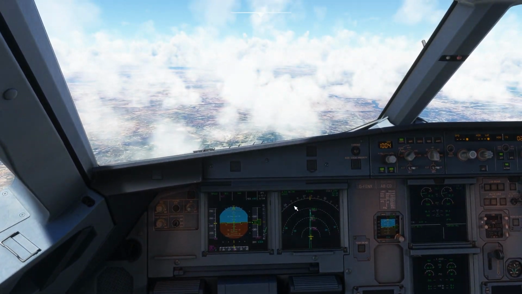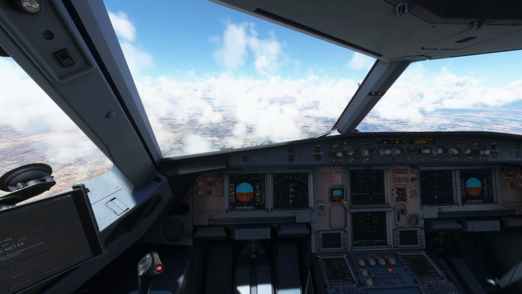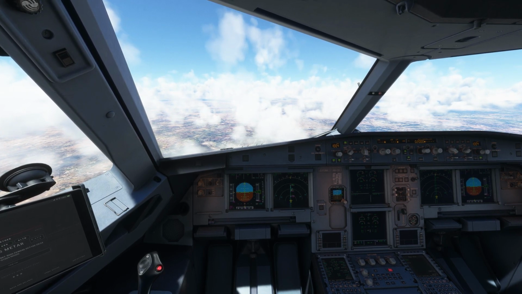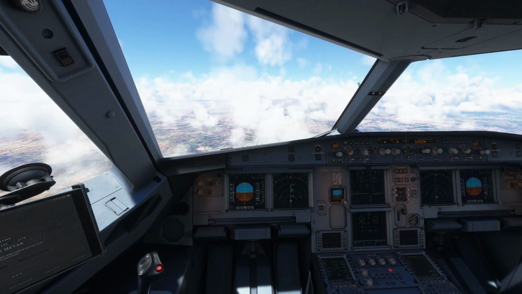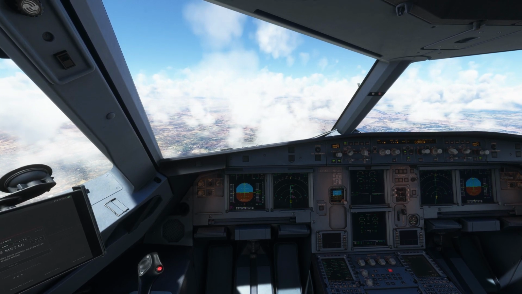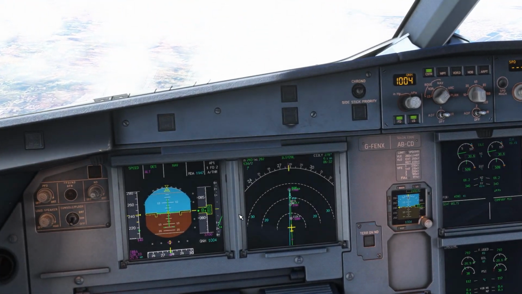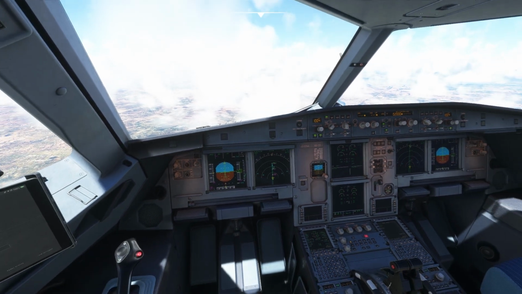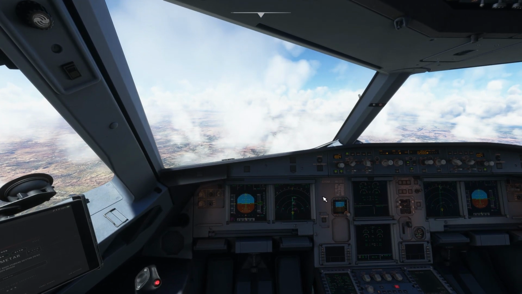So as you have seen, as I was moving towards the approach using a heading, the plane went into the selected mode, the autopilot, and then I just adjusted the vertical speed and all the altitude and everything. And then once that line was intercepted, the plane started to follow the managed mode. You have to turn it on, but it can then follow the managed mode because it's as per the flight plan, and the plane then follows all the constraints and everything. I'm not going to land this plane because I just want to keep this video short,